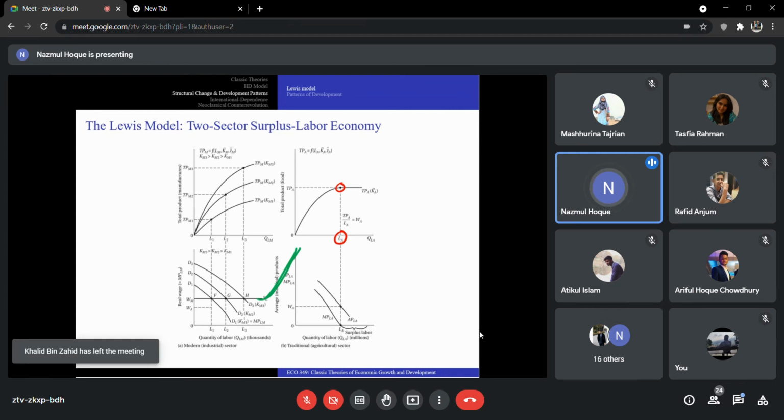And if the wage rate in the modern sector rises, that would also accompany an increase in the agricultural wage rate. So the agricultural wage rate will also go up. So at some point the agricultural sector would run out of enough workers. In that case, they would have to